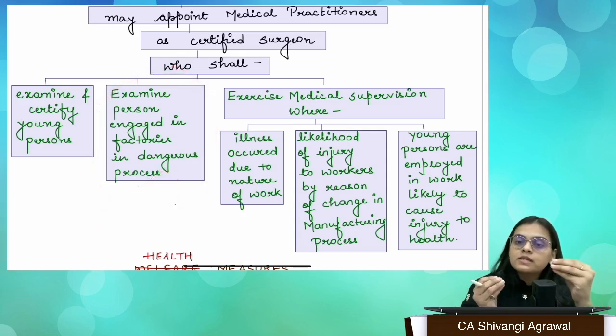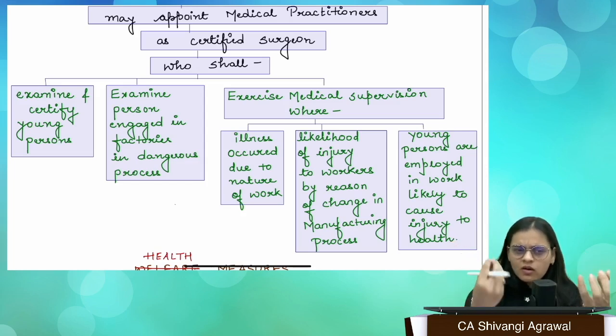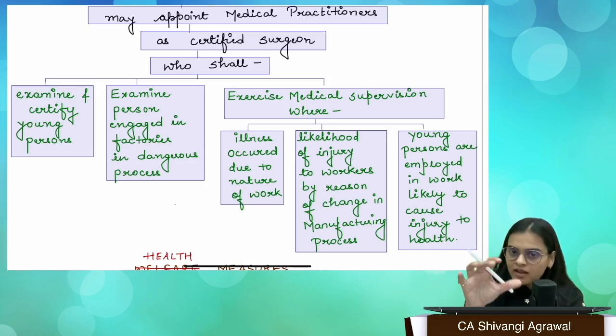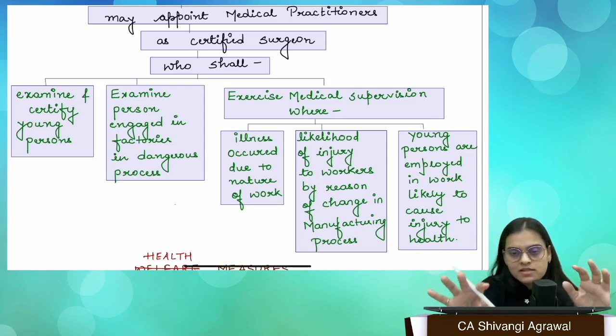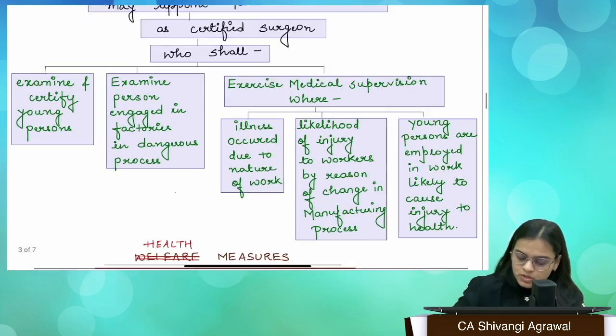See, anyone who is exposed day and night to some harmful gases being emitted, whatever it is, and you're inhaling that particular gas, which might be harmful for the health and body. So those particular workers should be examined every 3 months or every 6 months, to check that there are no side effects taking place. They should be provided adequate safety measures, medicines, whatever is needed. So you're doing that. The third one is that you are exercising medical supervision.